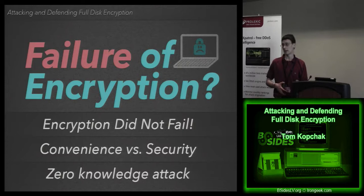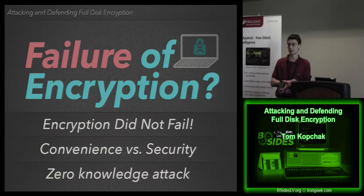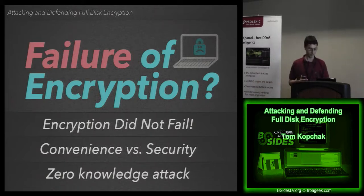And basically every single one of their laptops that was deployed at that point in time was vulnerable to this, which is a huge issue. And this was a zero knowledge attack both ways. As an attacker, I didn't have to know anything about it in advance in order to get in. And if that machine was returned to them with the original drive that I manipulated nothing on, they would not know that their information was taken. They would not know that their customer information could have been taken by an attacker until, of course, it showed up on Pastebin. Since this was a test, fortunately it worked out well for them,